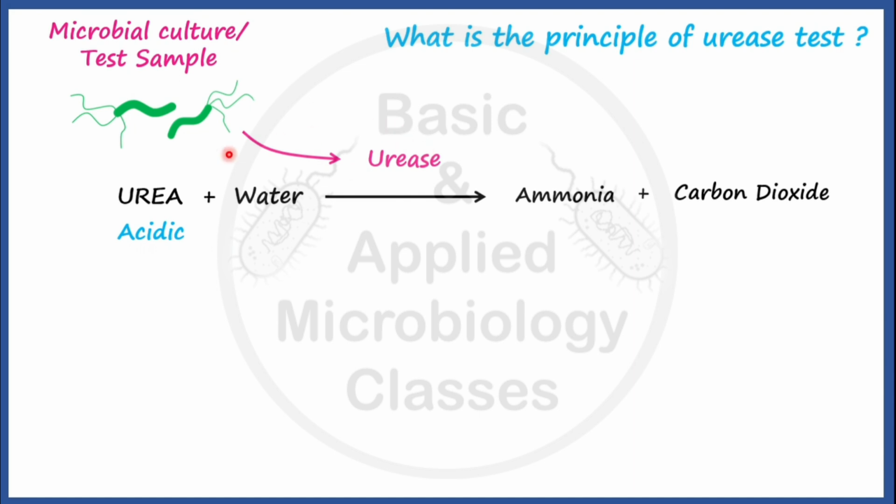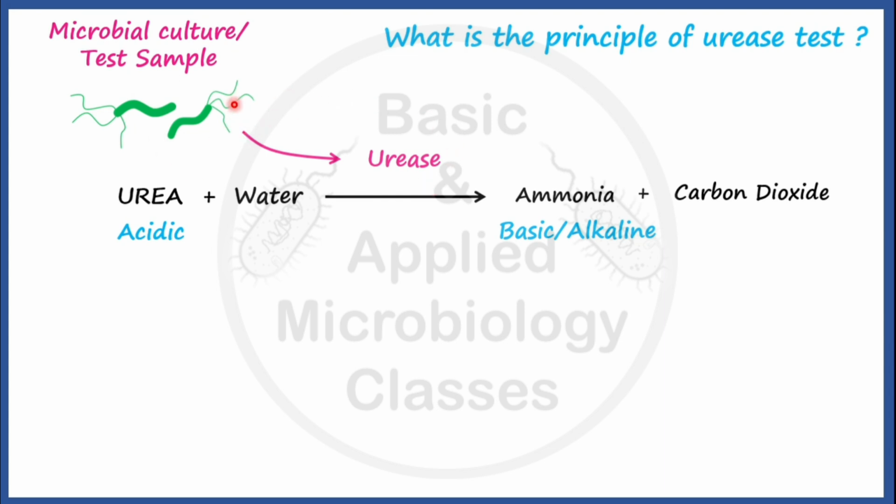Once it comes in contact with the urease, if it is present in the test sample, urea gets converted into ammonia and carbon dioxide. Here, ammonia is basic and alkaline in nature, right? So this alkaline fermentation of urea actually results only in the presence of urease, if it is produced by the bacterial